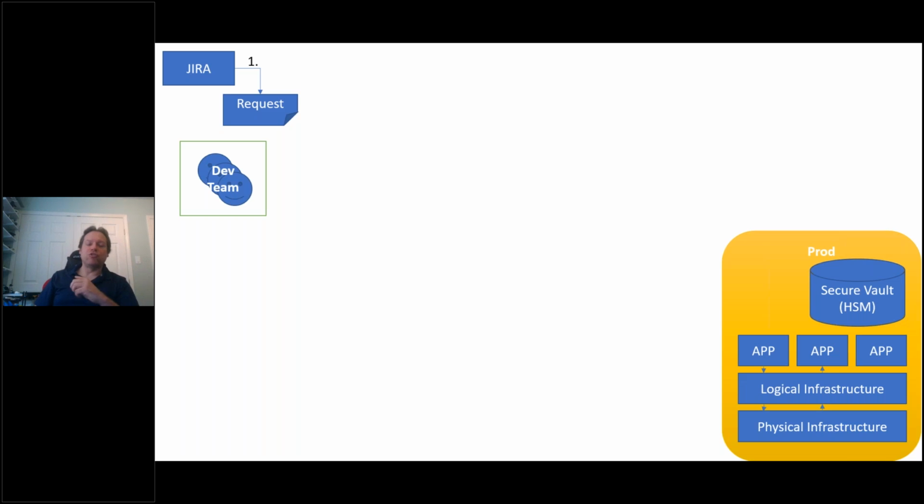Now, ideally, we're going to do this in an iterative approach, for example, using Scrum. Doesn't really matter. It's not really important for this discussion. What's important over here is a request comes down. Let's say we need to provide a new